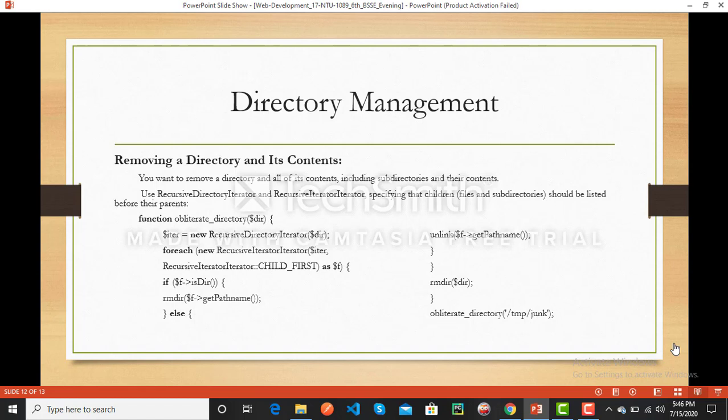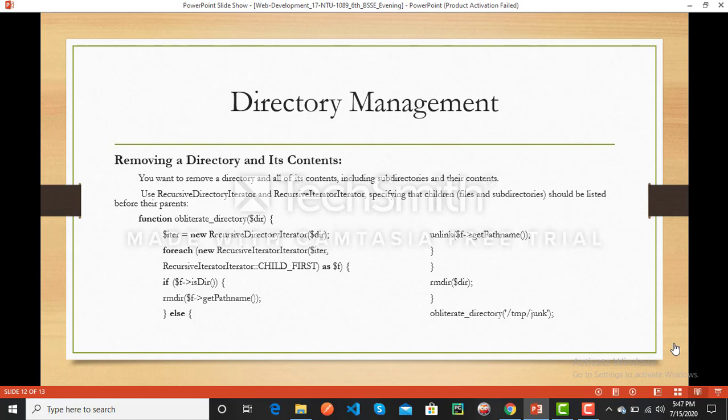The function obliterate directory is all the code to get the path name and remove the directories. For example, first of all, I get a new RecursiveDirectoryIterator. Then we put a foreach loop with a new RecursiveIteratorIterator, child first.